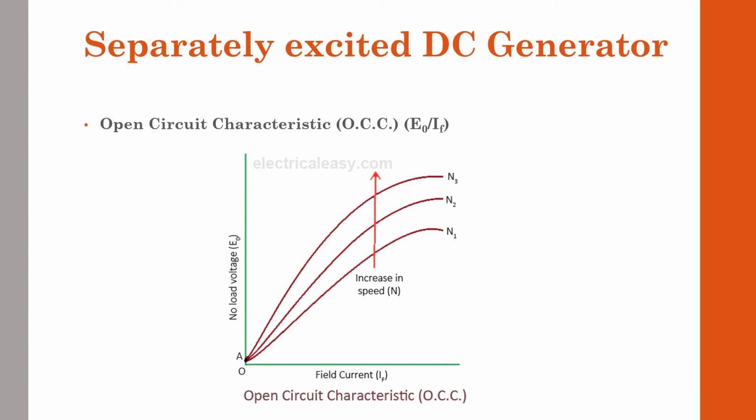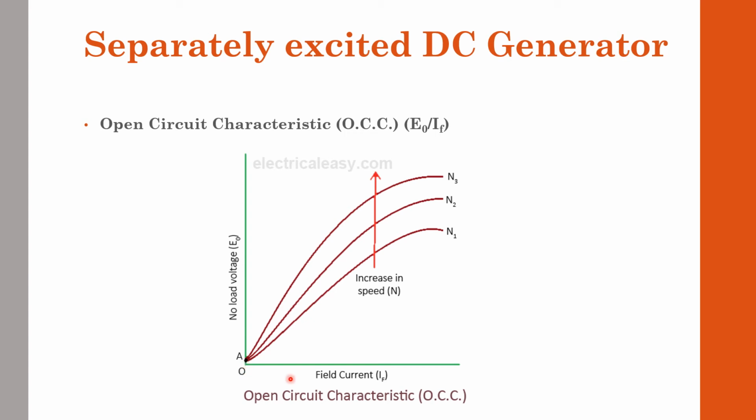If I am increasing the field current IF, there is an increase in speed as well as an increase in the EMF voltage. That is what is shown. So here there is E0. Whenever the current IF is 0, there should be no EMF, but here there is some EMF in the plot between 0 and A. In this area there is some EMF. This EMF is due to the residual magnetism. So whenever my IF current is 0, due to the residual magnetism, there is a small amount of EMF.